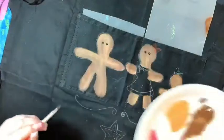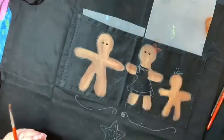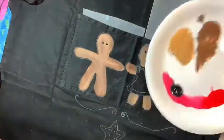Okay, now what I wanted to do here was I'm going to give her a red dress. I was going to do a flamingo dress, but